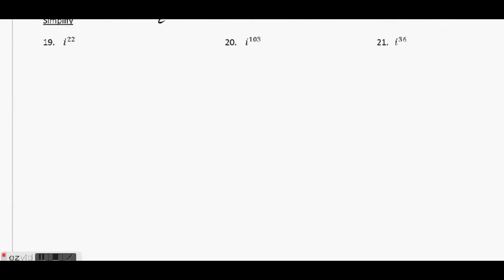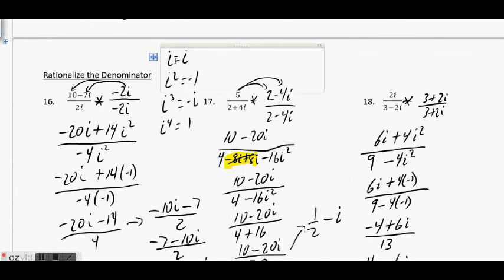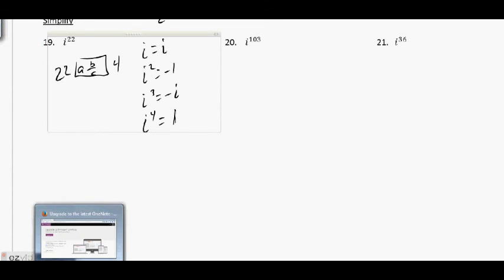These are those problems I was telling you guys, just get your calculators out. Remember I was telling you to do 2, 2, fraction bar, 4. Remember, let me come up here to these problems up here again, because there are 1, 2, 3, 4 of those. Let me maybe rewrite them again. i is equal to i. i squared is equal to negative 1. i to the third is negative i. i to the fourth is positive 1. Well, if you do this, you're going to end up with